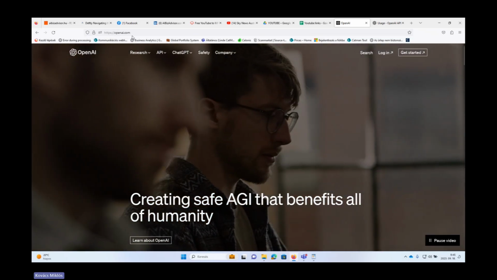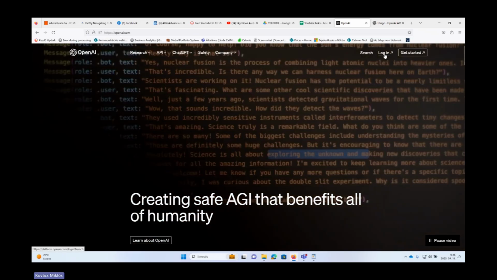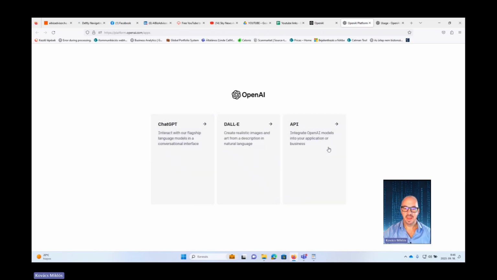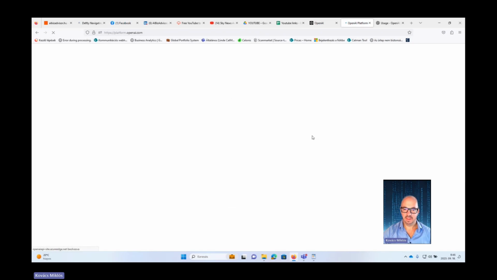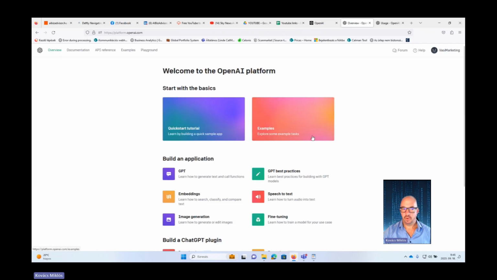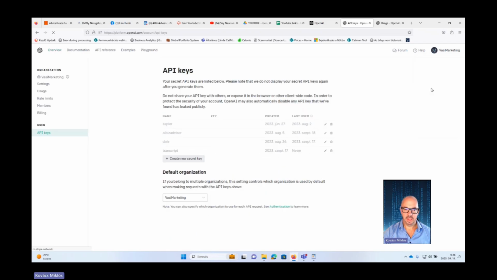You just come to openai.com. First you log in with your Gmail account, for instance, and then you choose API. This is what you will need. First, you will obviously need to give your company details or your individual details, your credit card details, just to register an account for yourself. And if you did so, then you can see your API keys. You create your first one, and then you can create new keys and use them.